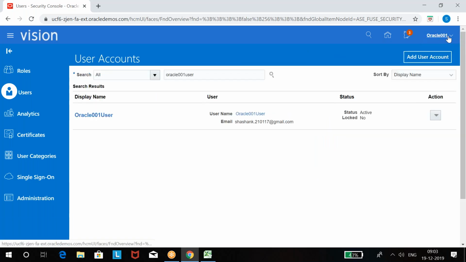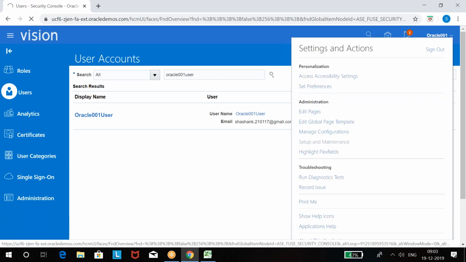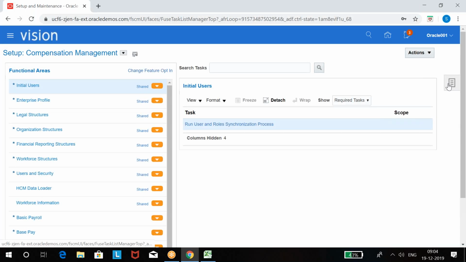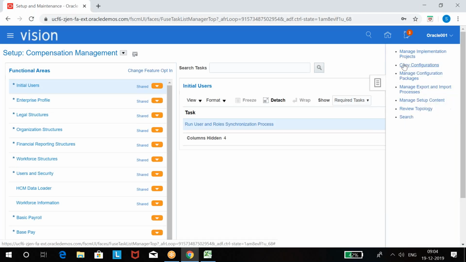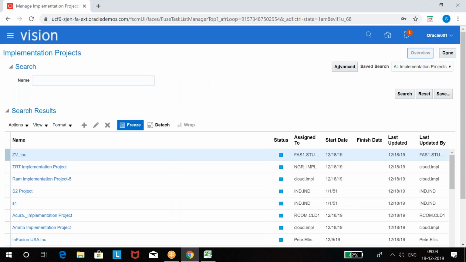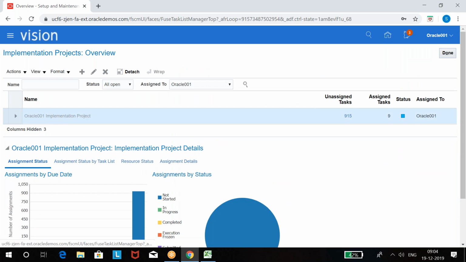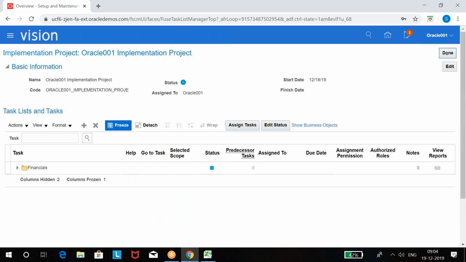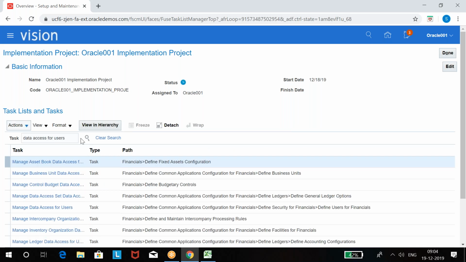To assign data access, go to setup and maintenance. Go to the project. What is the task name? Data access for users. We did already for GL, right?